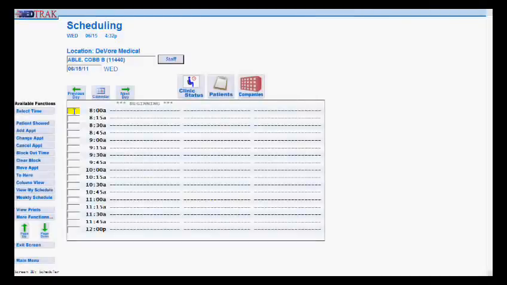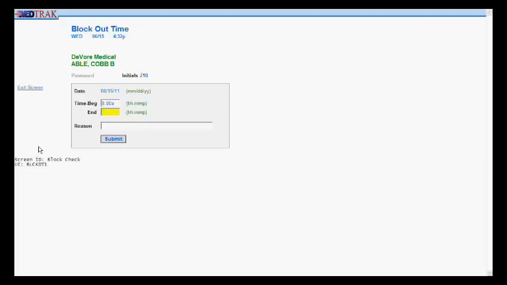Matrixing the schedule is done by using the Blockout Time function. To block out time in the schedule for Dr. Abel to attend an outside meeting between 8 and 9 a.m., I place the cursor in the 8 a.m. time field and click the Blockout Time button. After entering the ending time for the block and the reason for the block,